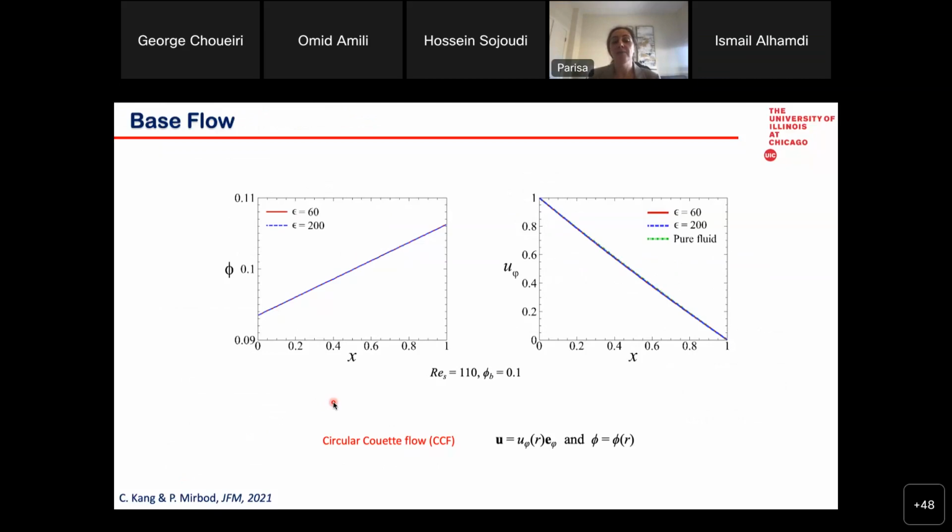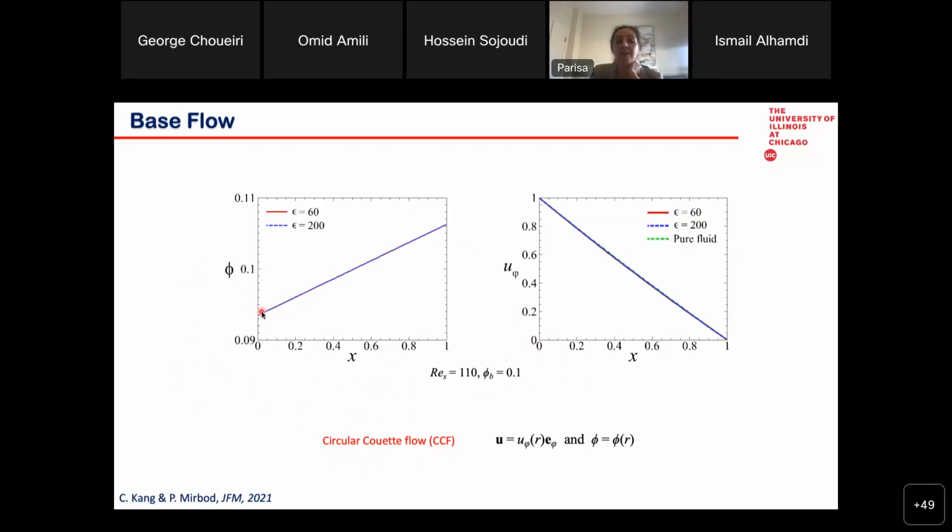So before we move on to higher Reynolds numbers, at a Reynolds number of around 110 and for a concentration of 10%, here are some of those results, which is actually the Taylor-Couette flow that would end up with a simple shear, and all of those results would end up with circular Couette flow, or CCF. This graph shows the concentration profile, and this is the azimuthal velocity profile. So in between the